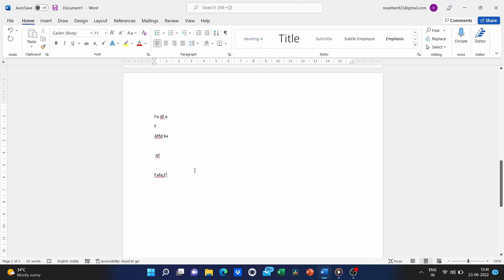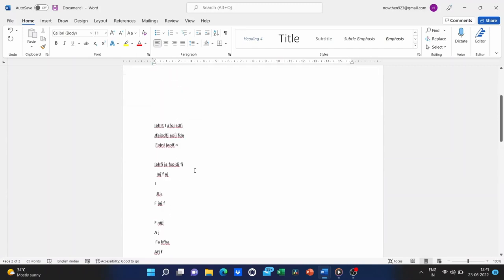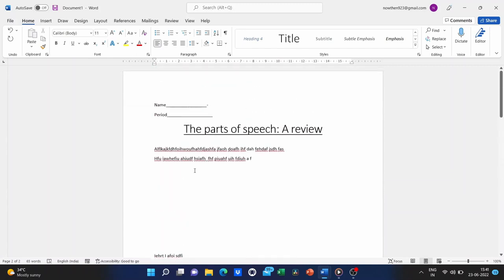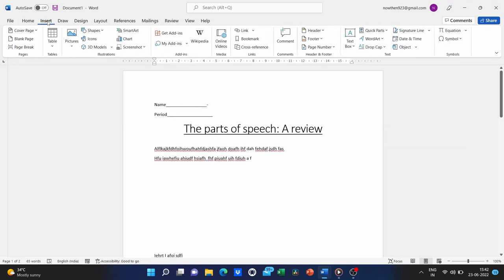Now, a few other essential things to know about Microsoft Word include how to insert pictures, because that's really one of the powerful things about Microsoft Word. And you heard me say the keyword there, didn't you? It's insert. So I click on insert.